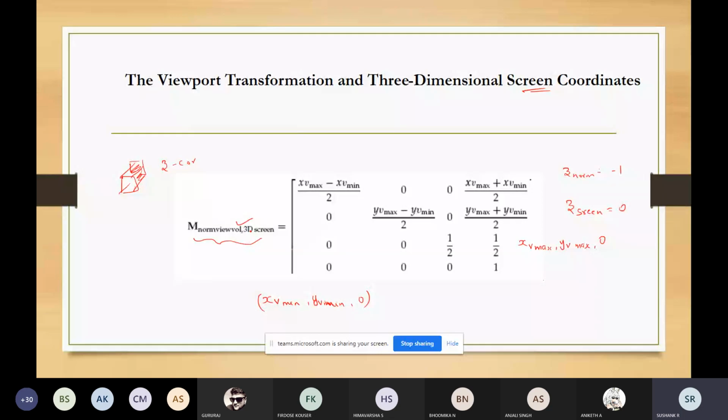But here for the video screen, we are using the value of z screen as 0. Since we are making z screen 0, the depth processing can be done efficiently in the interval 0 to 1. That is why we are making z screen 0. So this is regarding why we make z screen 0, and what the lower left corner and upper right corner of the viewport screen positions are.